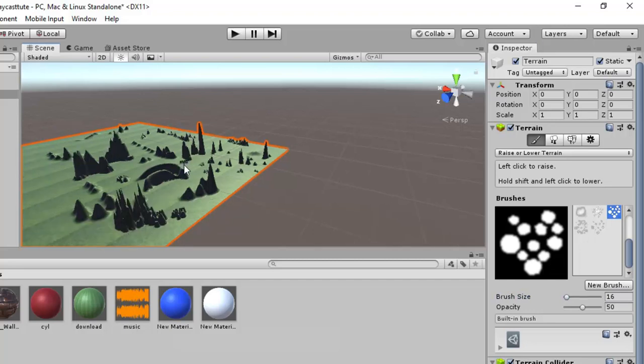I hope that now you're getting how we can create ups and downs in our terrain.